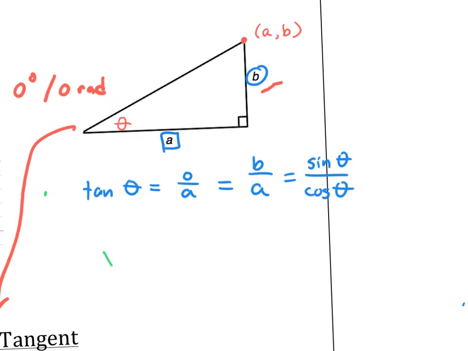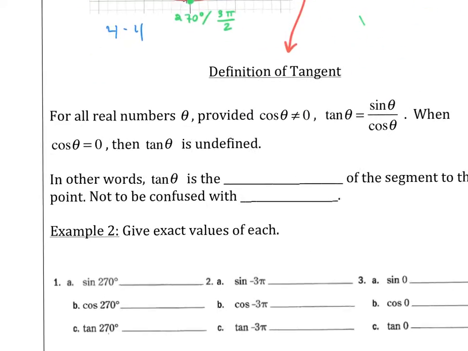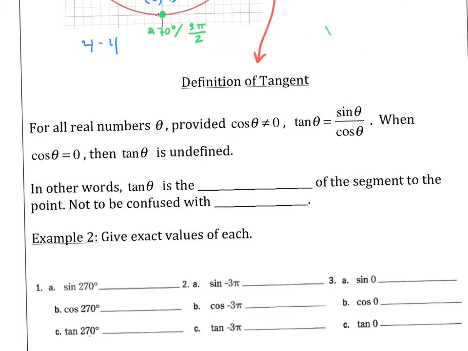So there actually is a definition. We now have a definition for tangent of theta. So here's my definition. For all real numbers theta, provided that cosine of theta is not 0, then the tangent of theta is simply sine of theta over cosine of theta. If cosine does equal 0, notice putting 0 down underneath, we just say that tangent of theta is undefined. So in other words,